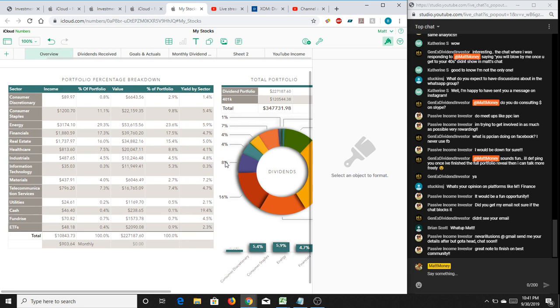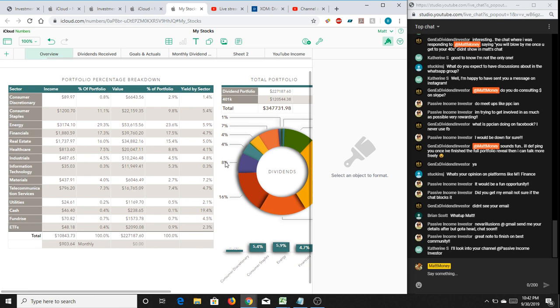So somebody asked my opinion on platforms like M1 Finance. I like M1 Finance a lot. I actually opened one up recently, and even though I had 3M and Johnson & Johnson in another portfolio, I decided to open up an M1 Finance account just so I could see what it's like. My only complaint so far with M1 Finance is that they only have one buying window, and I don't know, something about like, I just want to,